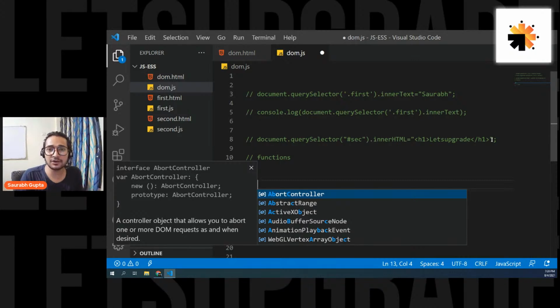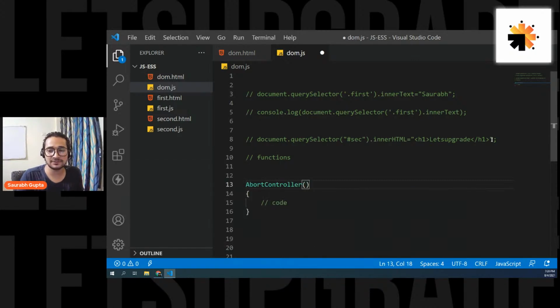Whenever you create a function, you give any name and then parentheses, which is very important. A function is a named block of code.